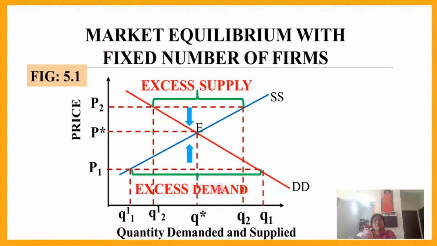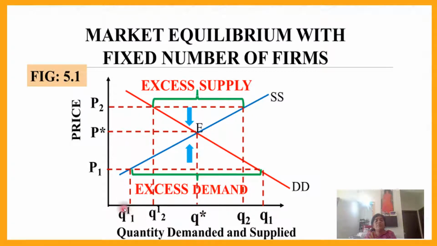When a shortage arises, consumers compete with each other to get the item. While competing, they tend to increase the price back to the equilibrium price from P1 to P star, indicated by the upward blue arrow. Therefore, this is how equilibrium is maintained in the market. What will happen when the price increases? The excess demand will come back to the equilibrium quantity, that is Q star.